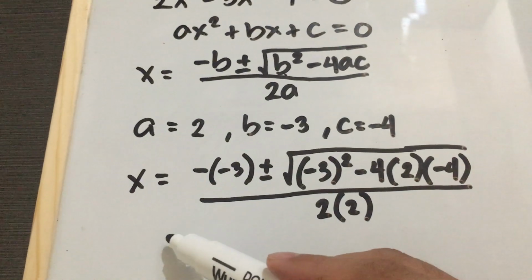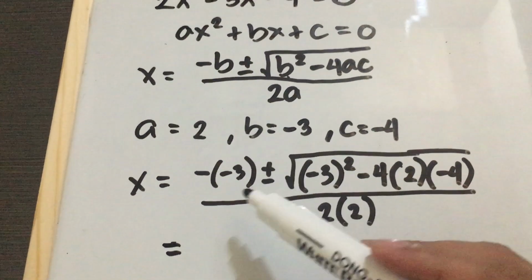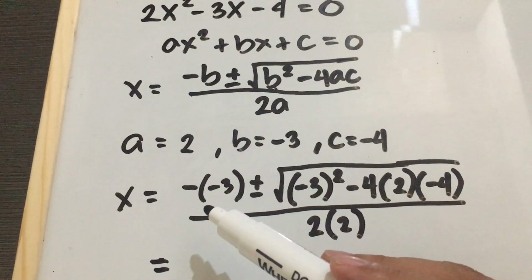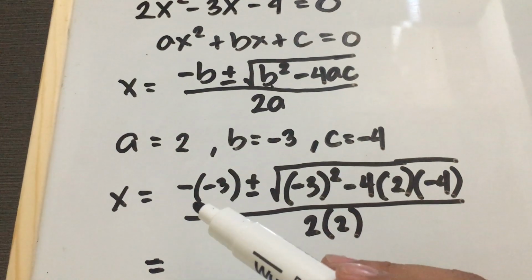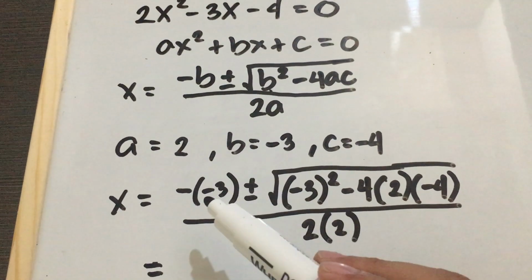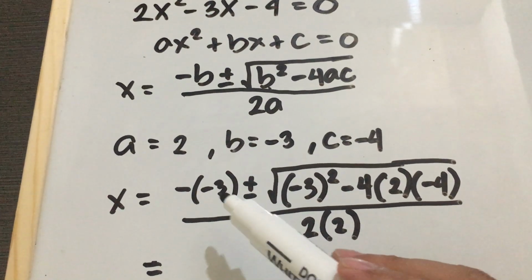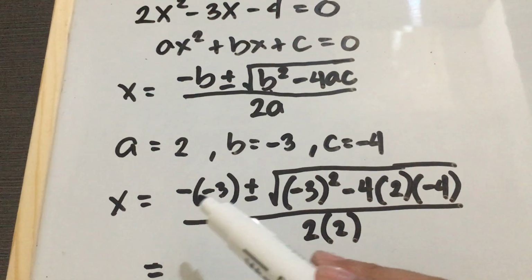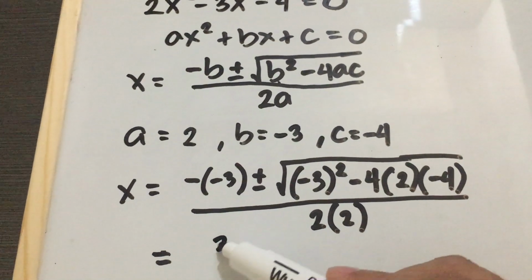So at this point, we will have a step-by-step process. So simplify first inside a parenthesis, no? In the rules of PEMDAS, simplify first a number that is inside a parenthesis. So we all know you have negative parenthesis negative 3, and in algebra, parenthesis connotes multiplication. So which means a negative and a negative 3 becomes positive 3